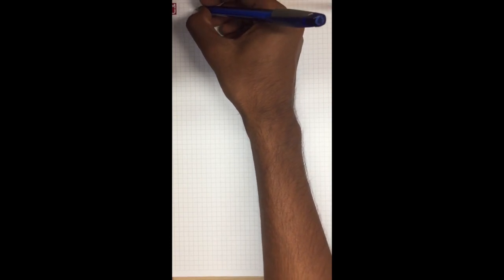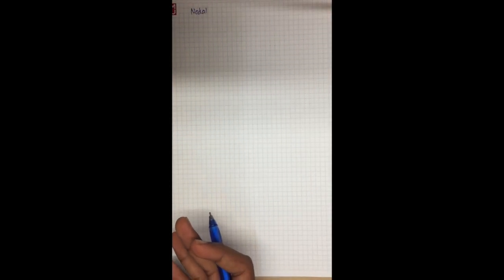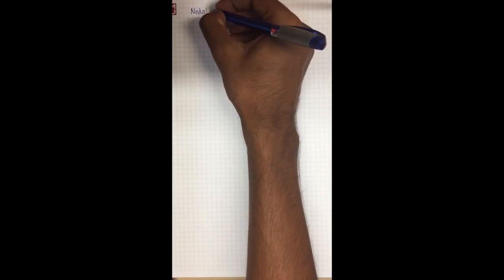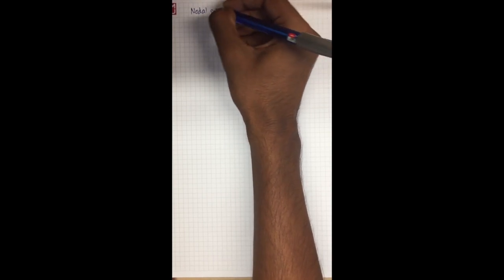Okay. So the first case that we are going to look at is when the solution looks like a nodal source or a nodal sink. So this is our first type of graph that we are going to have. And how we do this is,